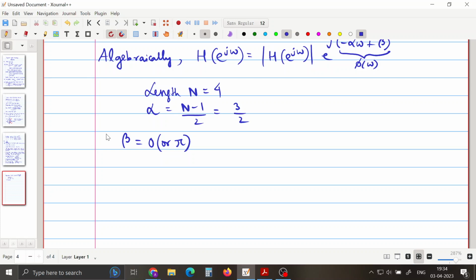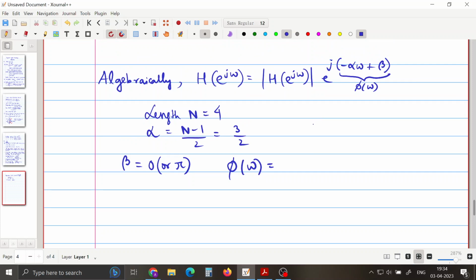Okay, but anyway, if let's say beta is 0, then you get this phi of omega to be minus alpha omega plus 0, so it's minus alpha omega, and alpha is 3 by 2, so minus 3 by 2 omega. Okay,